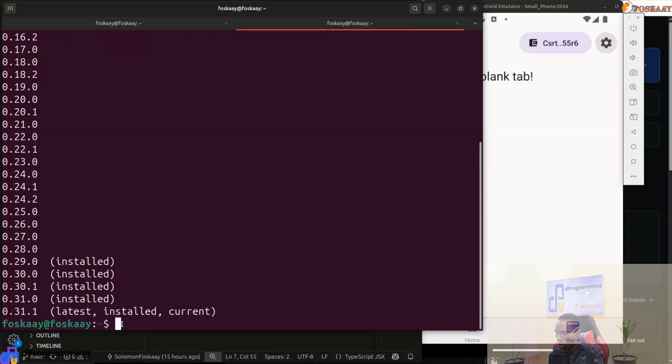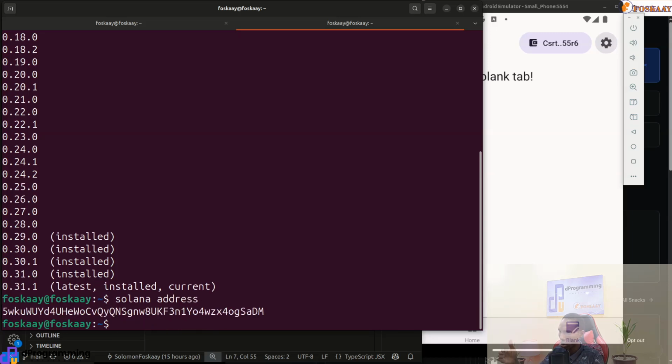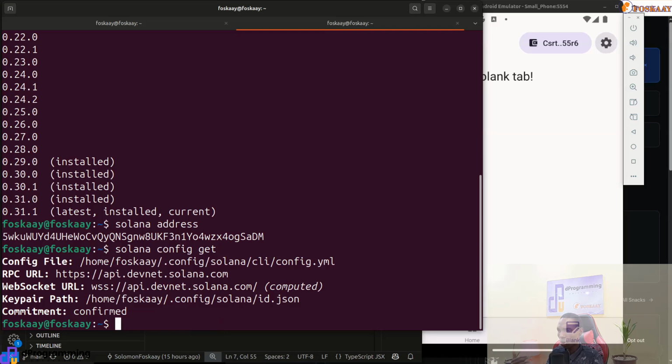And I also want to do solana address. So that's the address we've set. Solana config get. I love to show all this. Some of you might ask, what's the environment? In case some things are not working, you want to check to ensure you are aligned. So all this environment matters before we jump to development. So you can see that I'm on